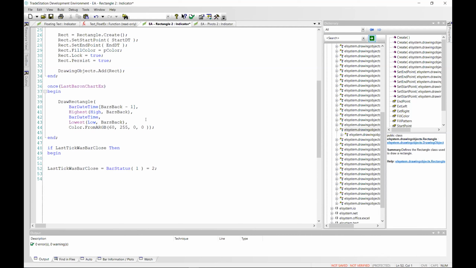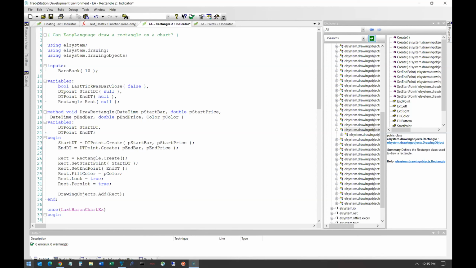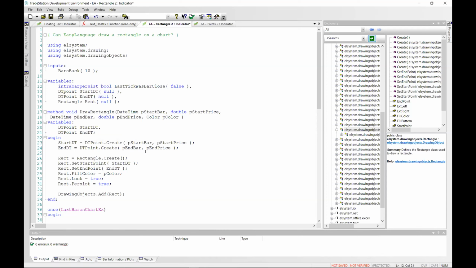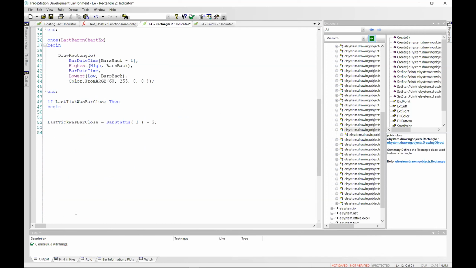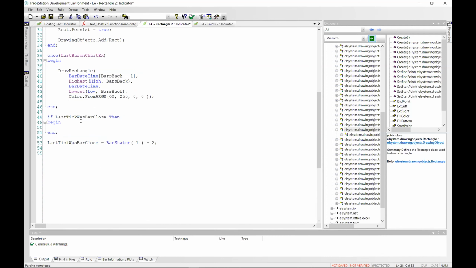But I'm going to make this intrabar persist because I only want to do it on the first tick of the new bar, not on every tick in the new bar. So if the last tick was the bar close, then what do we want to do? We want to set the start and end point to some new values, right?